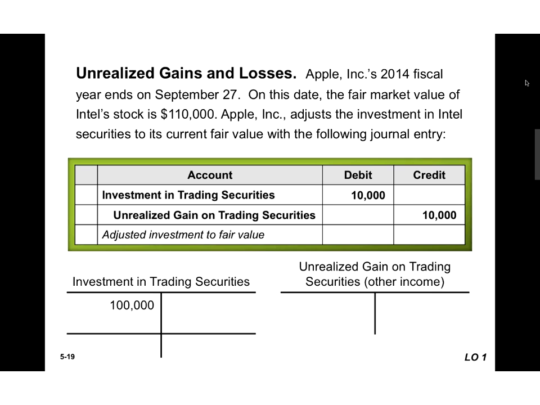So what's happening in terms of accounts? We started out, before this adjustment, with the investment account, the asset, at $100,000. So now we're writing that up. We want the investment account to be $110,000. So we would have $10,000 that we're adding to the investment account, giving us $110,000 in our asset, and then we have an unrealized gain for $10,000. Okay, so that is an unrealized gain and loss.